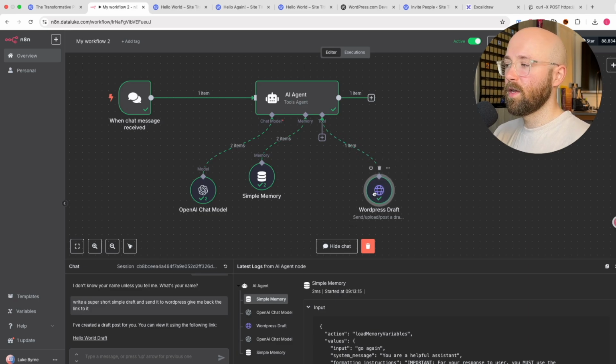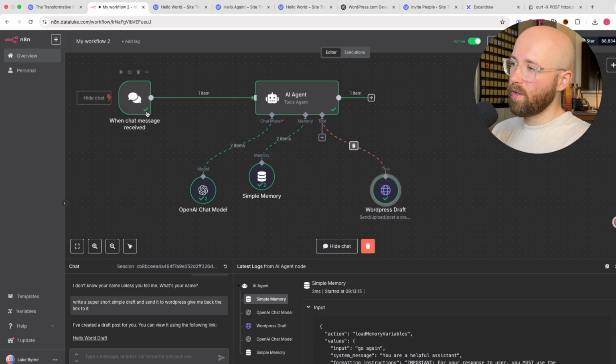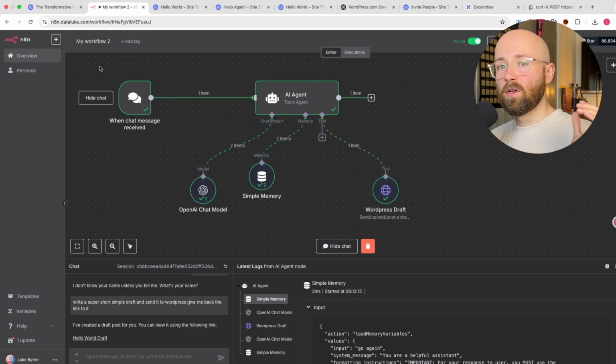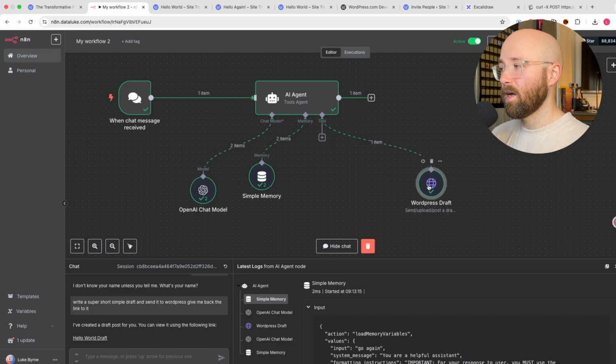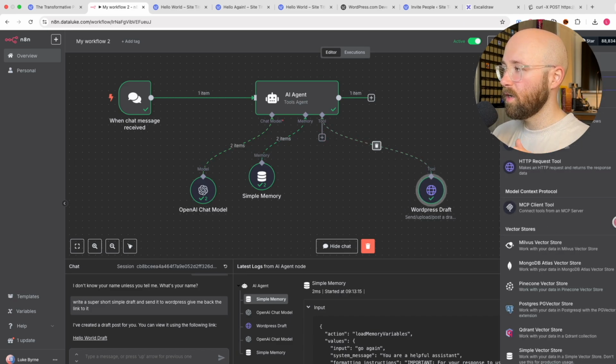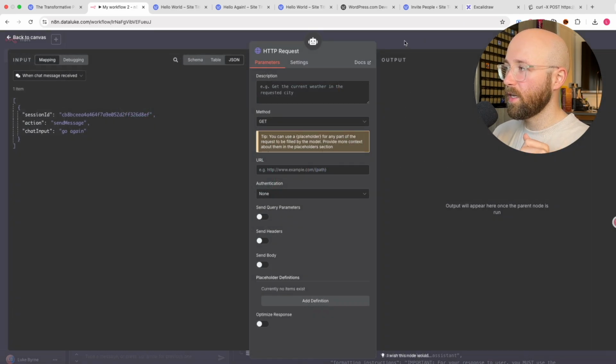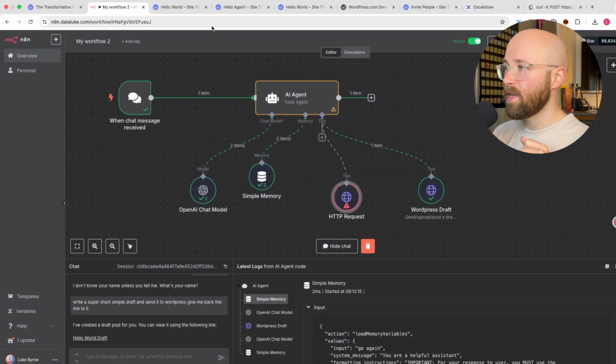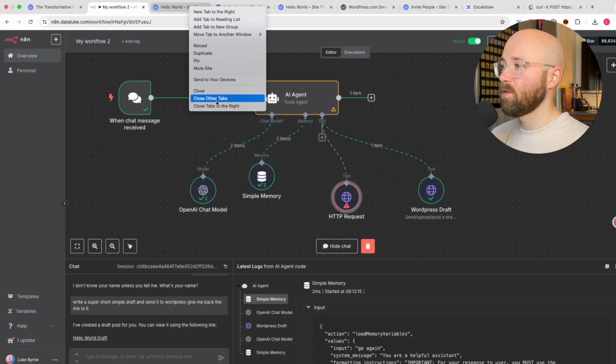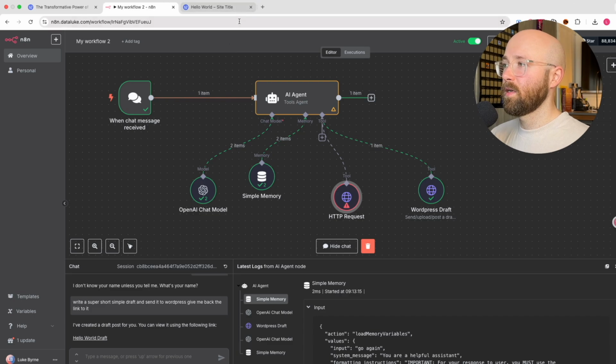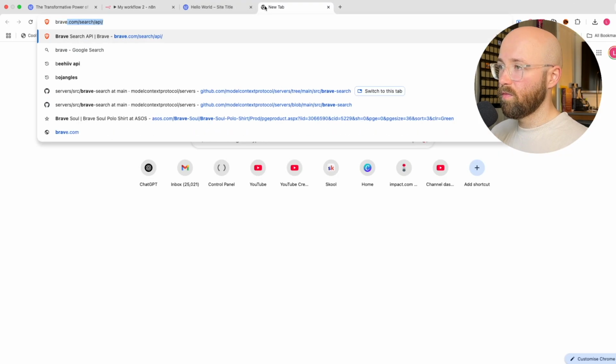Right. So we have the WordPress working and you have it authenticated. Everything is all good. Next, we want to add in our web search. So if we click on plus, HTTP request tool again, we're going to use Brave Search. So let me close down some of these tabs. And then we'll just go to